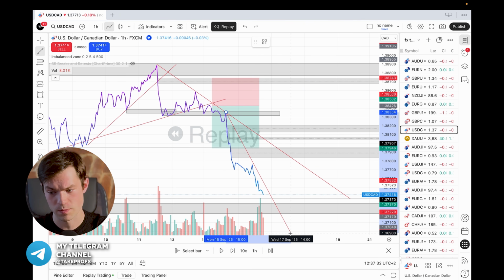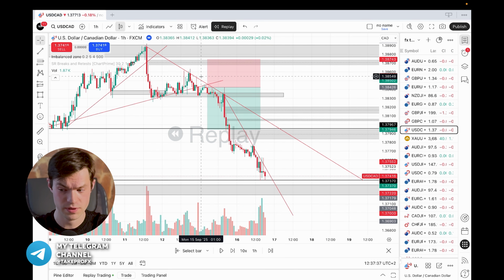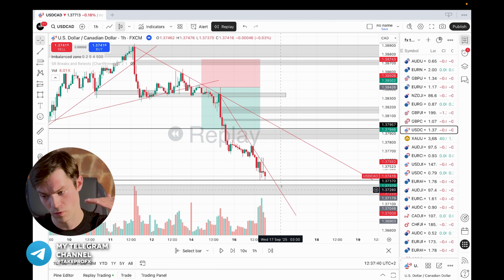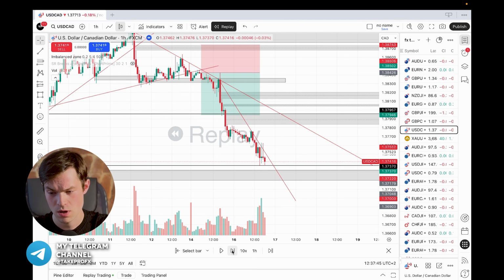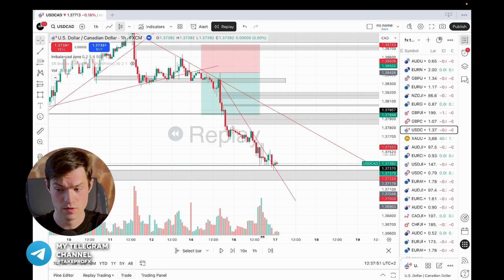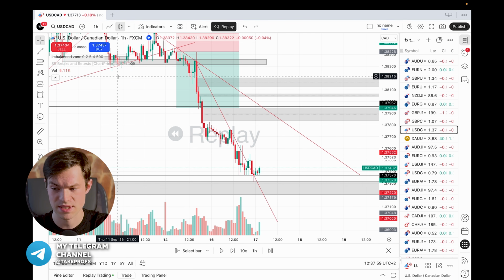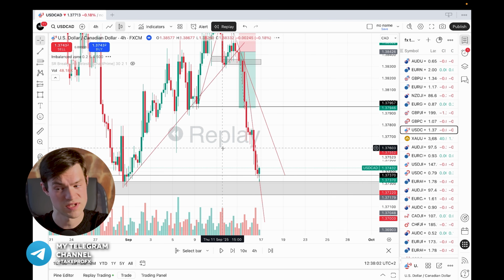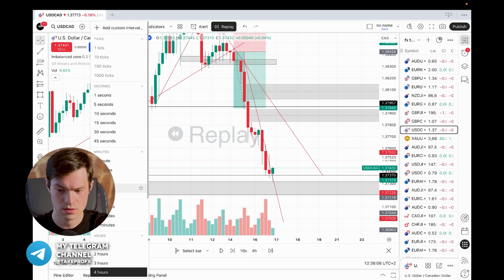If the chart also breaks through and tests this trend line, it will be a good signal for trend reversal from downward to upward, especially considering that we are in the global support zone. So let's take a look. We are currently seeing a breakout and retest of this trend line. Despite a slight increase in volume, I don't see any serious candlesticks here that would indicate a breakout of this level. If we switch to the hourly time frame, nothing terrible has happened with the volume here, so we can